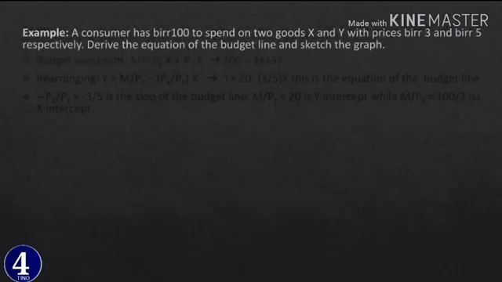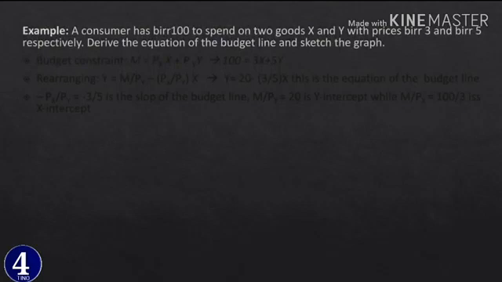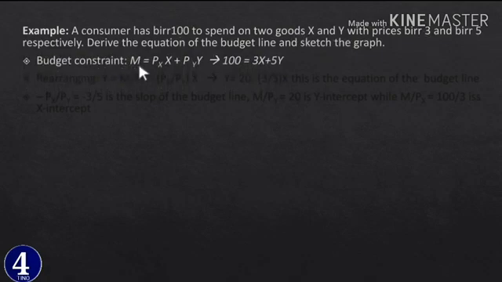Okay, let us see an example. እንልመድ እስቲ: a consumer has 100 ብር አለው, okay, and that consumer is willing to consume two goods x and y, consume ማድረግ ይፈልጋል, and price of x 3 ብር ነው, price of y is 5 ብር ነው። ምን ተሰጥቶናል አሁን? m ተሰጥቶናል, px ተሰጥቶናል, py ተሰጥቶናል። ስለዚህ በጀት ላይኑን በጀት ኮንስትሬንታችንን እናስቀምጣለን። ይሄው በዚህ ፎርሙላ መሰረት 100 እኩል ይሆናል px ማለት 3 ናት x እንዳለች እናስቀምጣለን plus py ማለት it is 5 y እንዳለ እናስቀምጣለን።